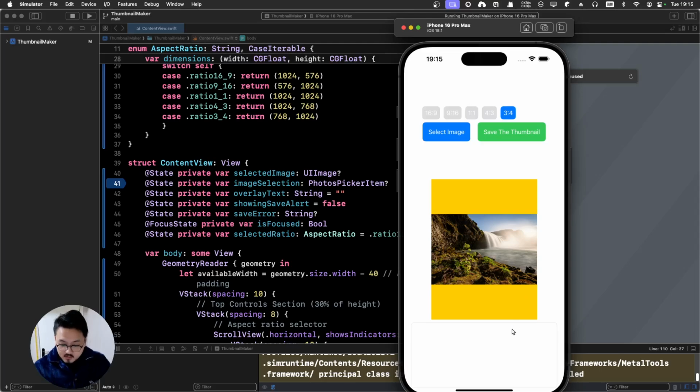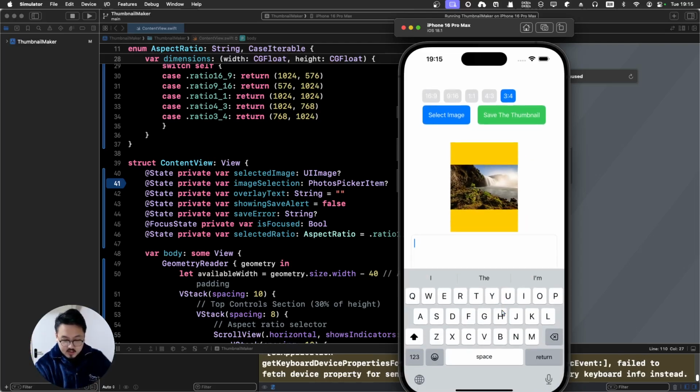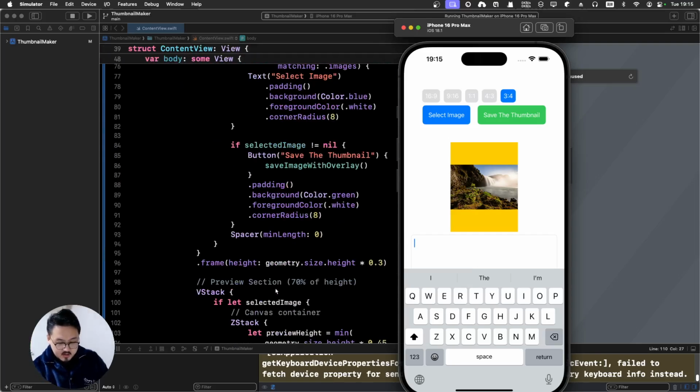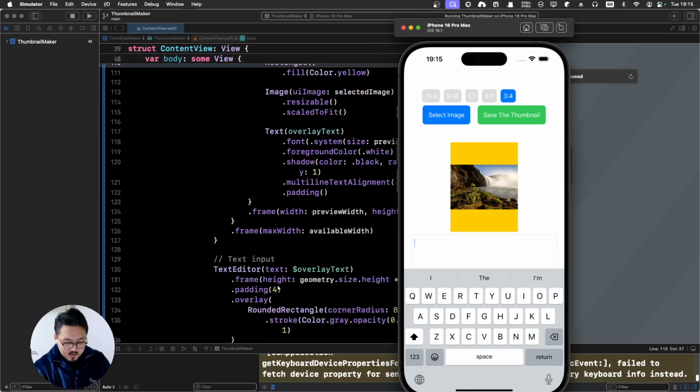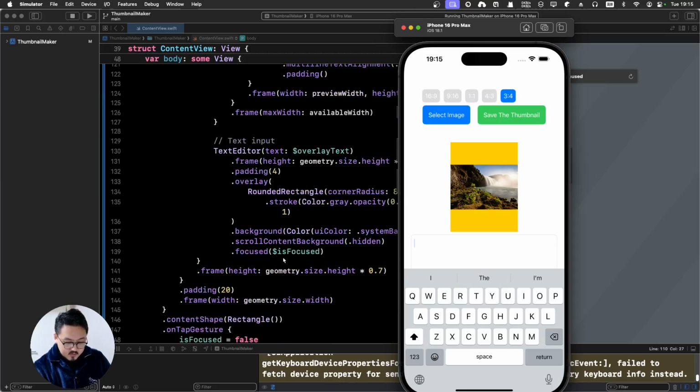So what I'm going to do is to test the text part and keyboard. Okay, yeah. We click that, we should enter into the focus state. I don't know whether we added that. If we didn't, we'll add that later. Focus is focused,